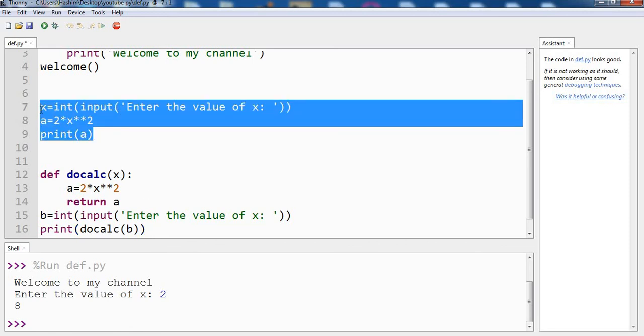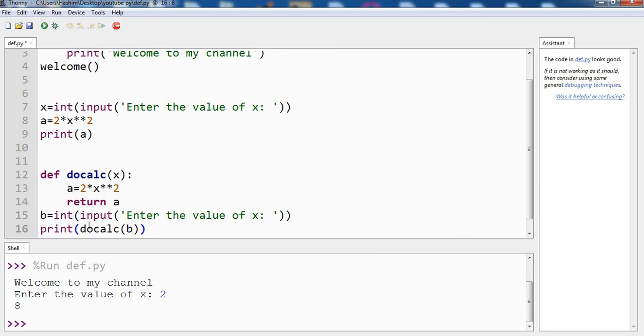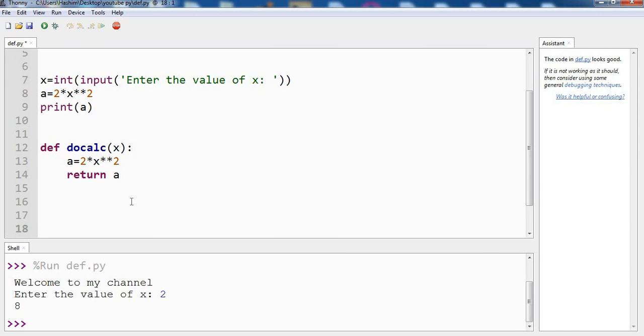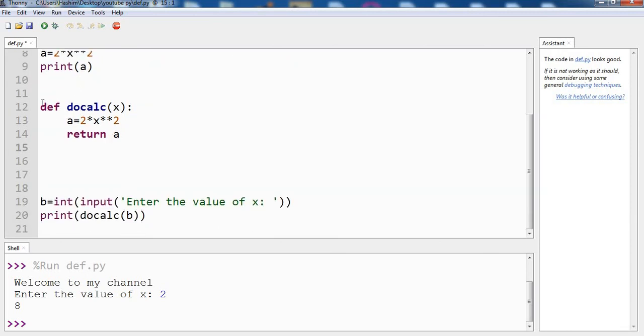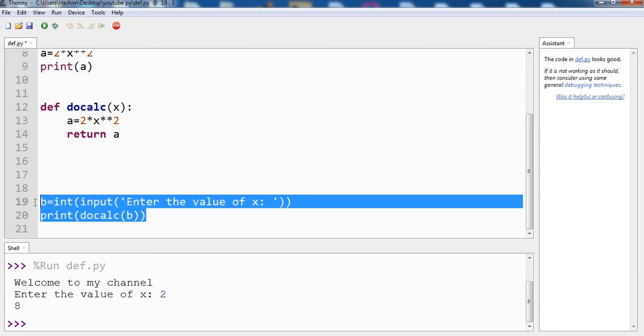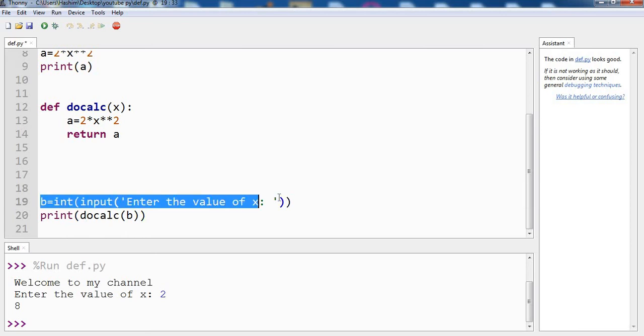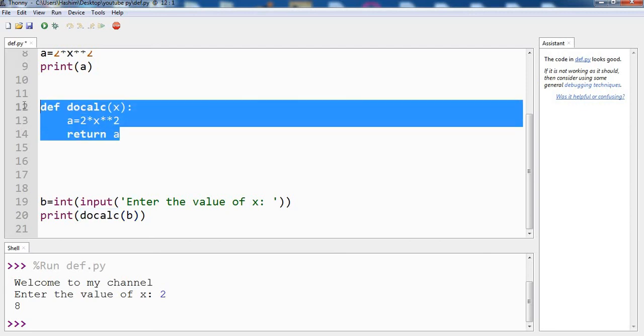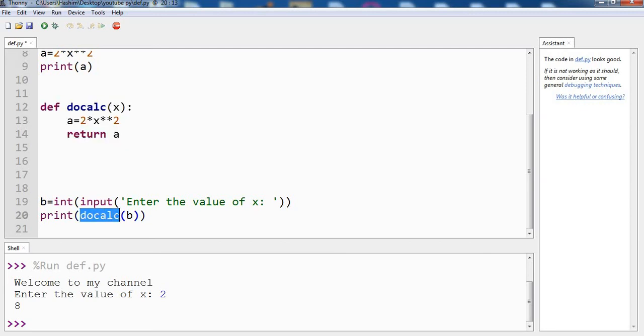So you will notice that our function has actually increased the number of lines. Before it was done in just 3 lines, but here it is 1, 2, 3, 4, 5. But actually, if you forget these for a moment, this is the actual program. It is done in just 2 lines. We are asking for the input and we are getting the result by providing the function name doCalc. So this is the beauty of using a function, that once you have written it, you can call it wherever you like in the program, provide the value and it will give you the result.